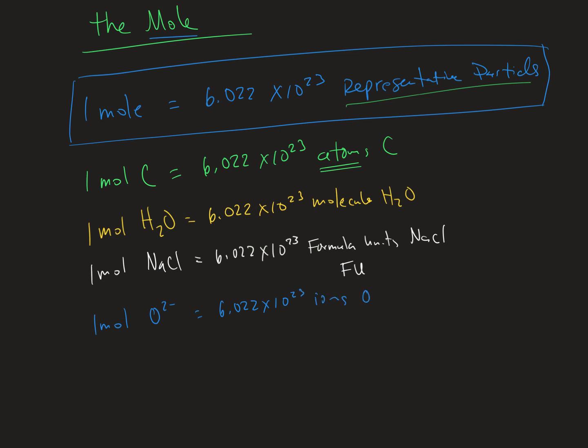Good? So those are the 4 different types of representative particles. I'll probably just call it particles for the most part. I'll use atoms and molecules. And do I care if you call this a molecule of salt? I don't. Most people do. It's not the right name, but